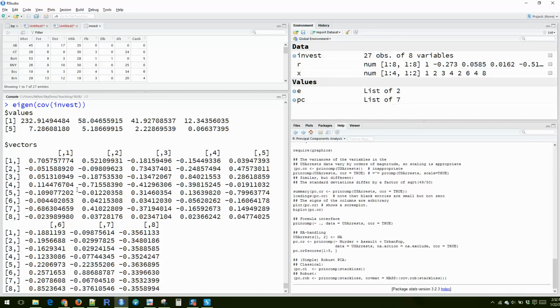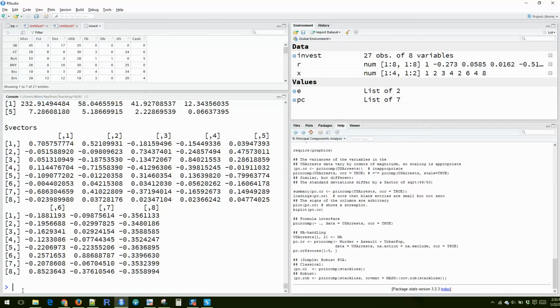And I'm sorry, I'm going over time here. This eigenvalue is the diagonal elements of that variance matrix. And if I were to take the square root of this first number,